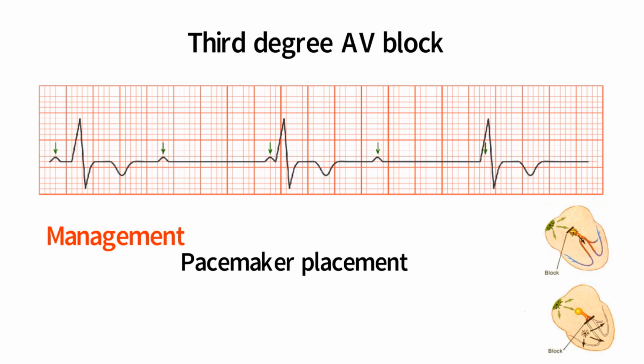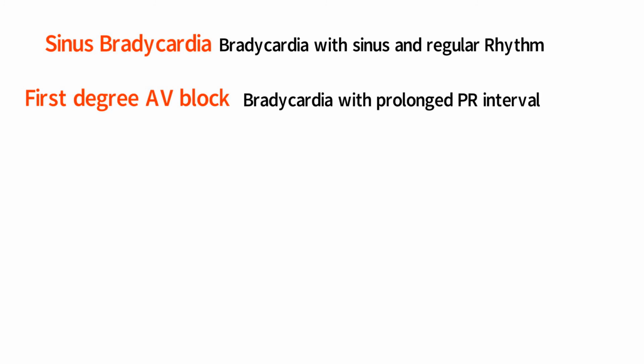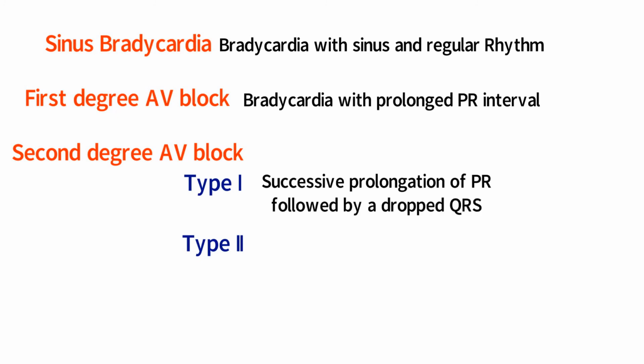So let's remember what we said till now. We had a sinus bradycardia, which is only a bradycardia with sinus and regular rhythm. There is nothing else that you can find in the ECG. And then we had first degree AV block, which is bradycardia and prolonged PR. Then we had a second degree AV block with two types, Mobitz type 1 and Mobitz type 2. In Mobitz type 1, we had a successive prolongation of PR followed by a dropped QRS. And in Mobitz type 2, we found that the PR is normal, but we had a dropped QRS beat,